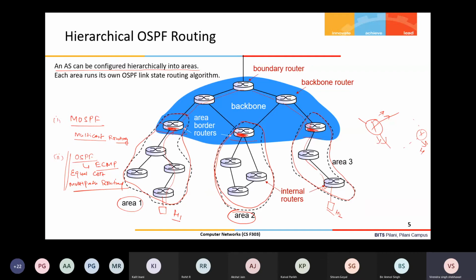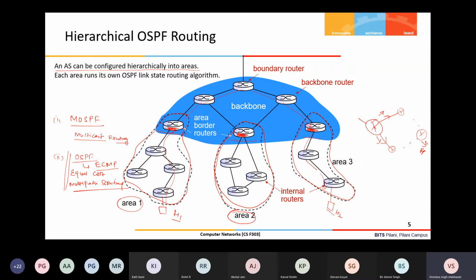Now, there are different algorithms for how the traffic is distributed, but OSPF provides the option that, when there are two or more paths, the traffic can be distributed. It means for this destination H, we have multiple entries as the next hop. In this case, the next hop will be this; in this case, the next hop will be on these routers. So this extension provides a kind of load balancing in internet routing.